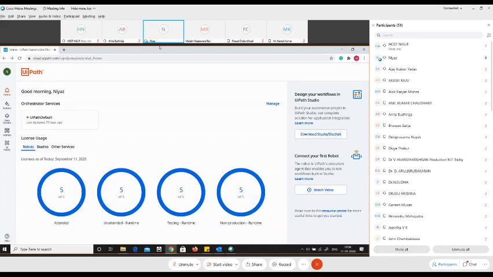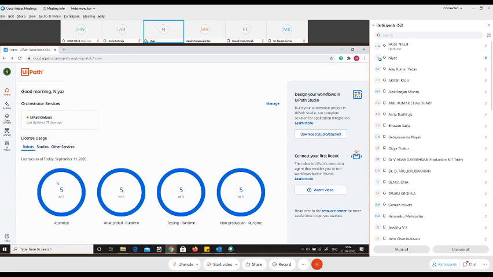Okay, so as I said, the cloud.uipath platform is the website where you can log in to your cloud account, and then from there you can either download the community version or the enterprise version of the Studio, or else you can log in to the enterprise Orchestrator portal. So before moving into the Orchestrator portal, let me also speak about the interface.